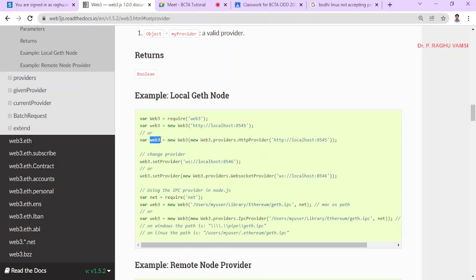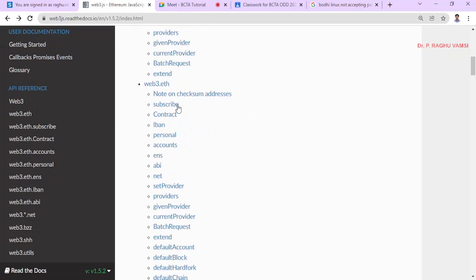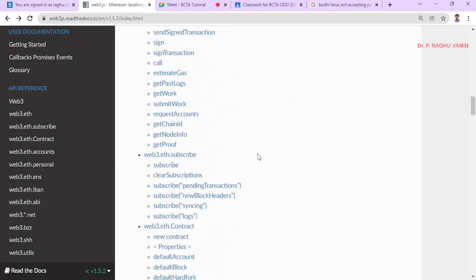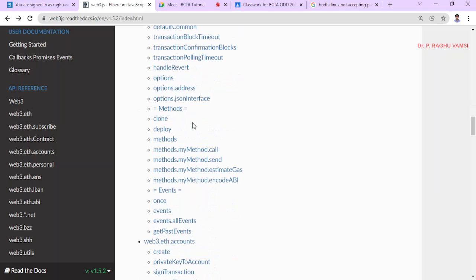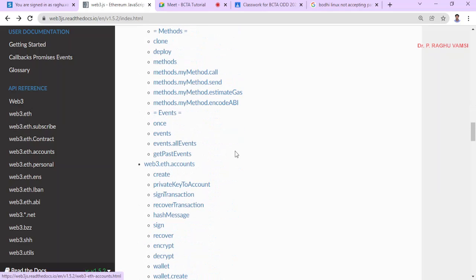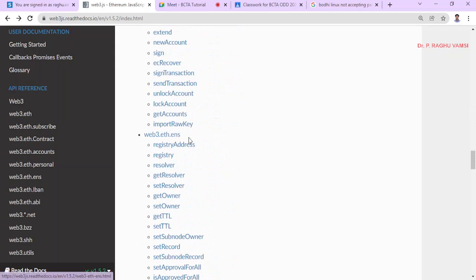Via this Web3 object we may use packages like the eth package, web3.eth, web3.eth.subscribe, web3.eth.contract, eth.accounts, eth.personal, and eth.ens.